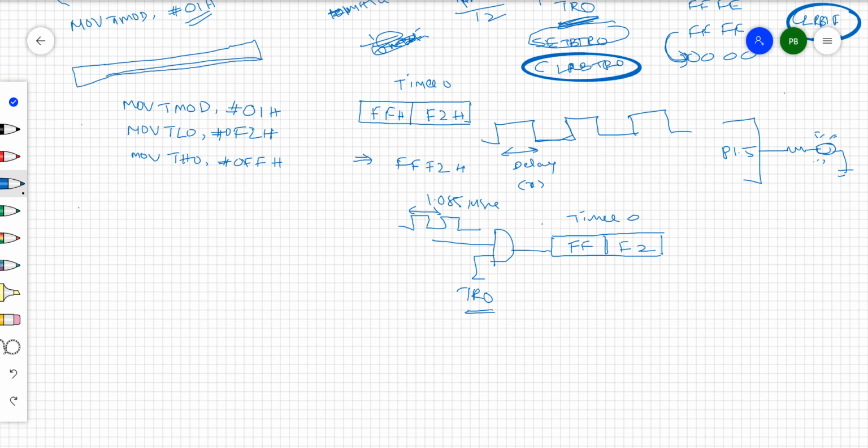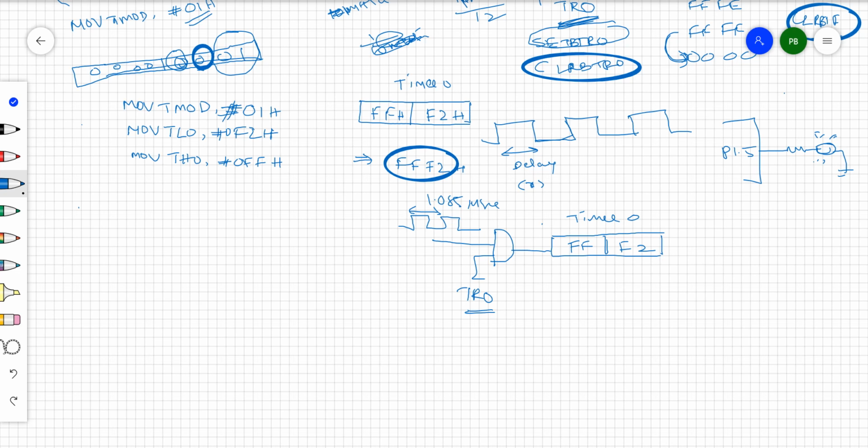The TMOD register is like this, right? These are all zeros, four zeros. This one is 0 0 1. So 0 1 means mode 1 operation. Timer 0 is going to operate in mode 1. Mode 1 means a total of 16 bits come into the picture. So as a timer, that is the reason this is 0, right? This is 0 because you want to control it by software. That is the reason 0 1 you need to place first in the TMOD register.